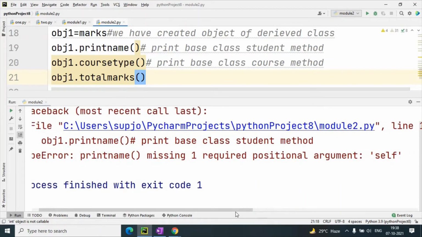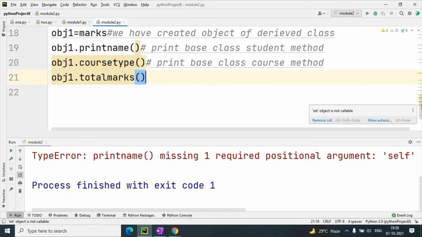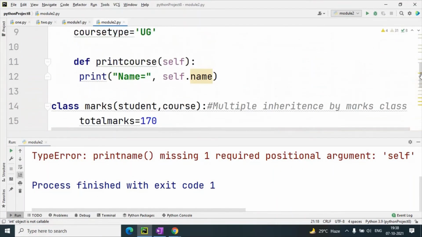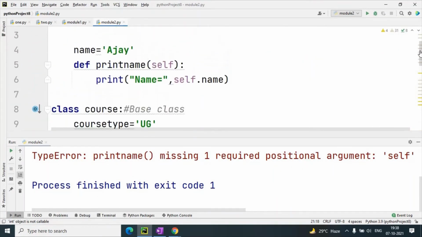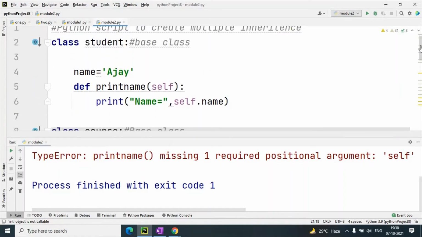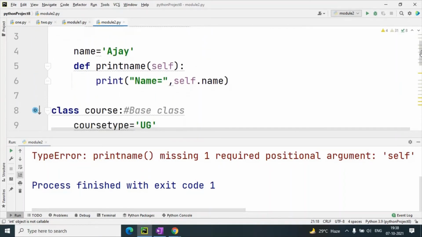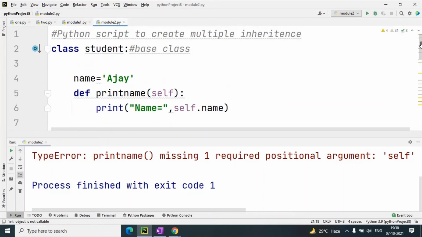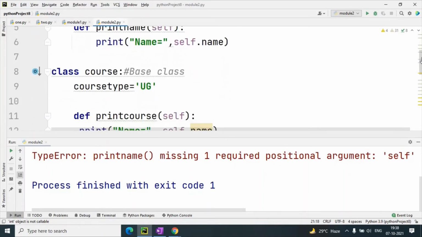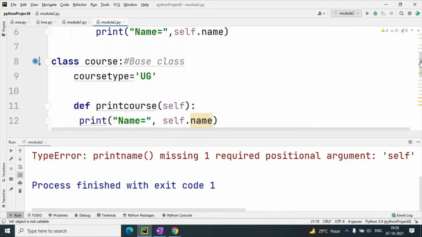Print name, position arguments. What is the meaning of print name? Print name is a base class method of student.